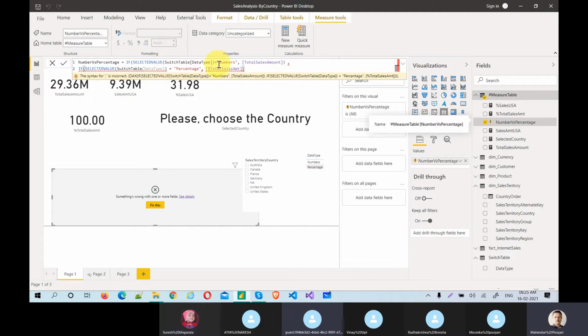If the selected value of data type is number, then total sales, comma... brackets are less, or what? Final parenthesis. Yeah. It will highlight the parenthesis. Okay. False result. I think it will work.